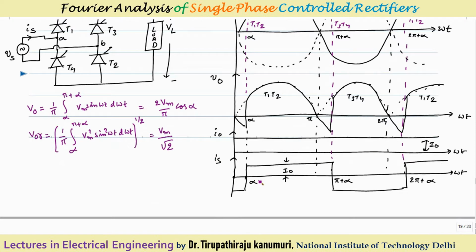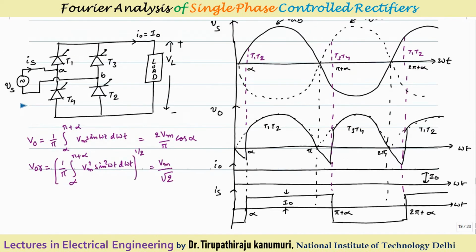So the current taken from the source, you can see from alpha to pi plus alpha, thyristor T1 and T2 are conducting. That means your current direction is towards your load, because this is my I0. This I0 is supplied by thyristor T1. So from your supply, this is in the same reference direction. So that's why I can tell my source current is positive. Now coming to when thyristor T3 and T4 are conducting, you can see here from B, it will go to your output, it will return back and come to your thyristor T4 through A. That means the current direction will be opposite to your reference direction. That's why I am representing your source current as negative.